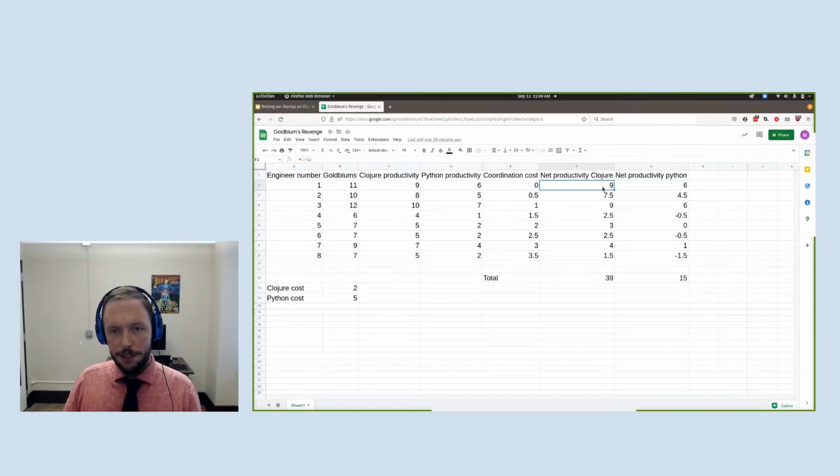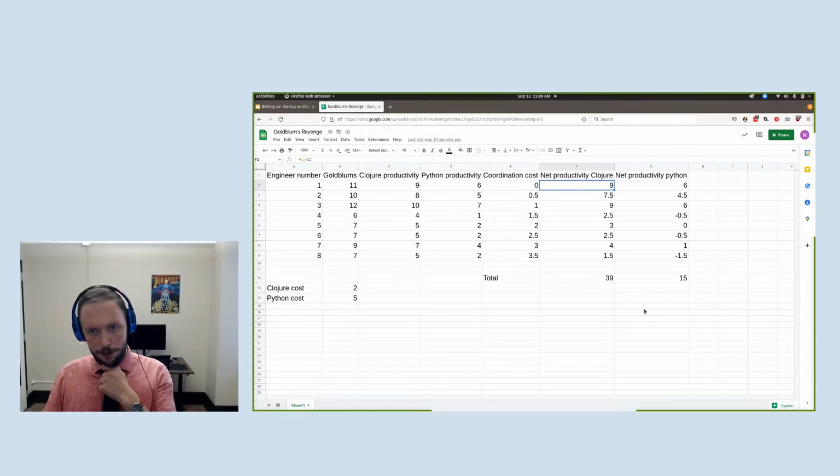So that gives you a chance to, again, just do a simple difference for each baseline productivity and say what the net productivity is, factoring in the cost of expressing it in the language, as well as the cost of coordinating across the team. Every time I edit a cell in this spreadsheet, the random numbers will reshuffle, so we could get a few looks at this.